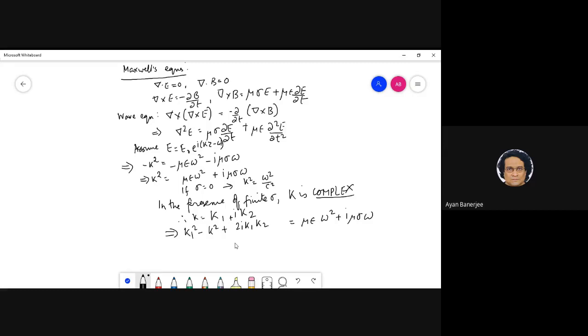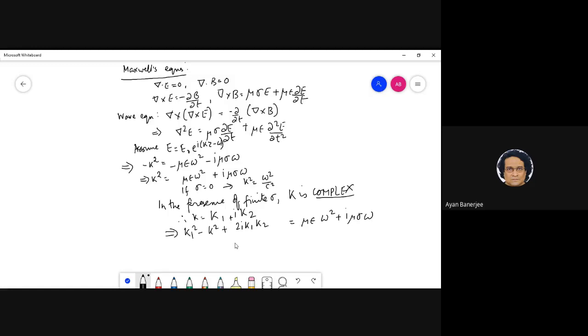Here at the moment we are assuming a very simple thing, that sigma is zero, and it is the same thing we assumed when we did Fresnel's laws, where we did not assume any absorption, and crucially k was not complex. And obviously you can anticipate that if k is complex, then there is going to be absorption. We'll see that very soon.